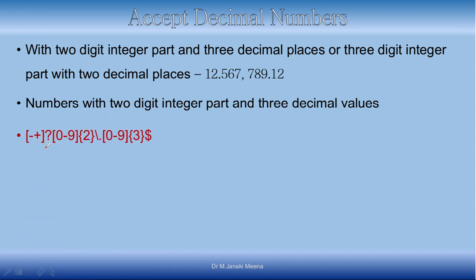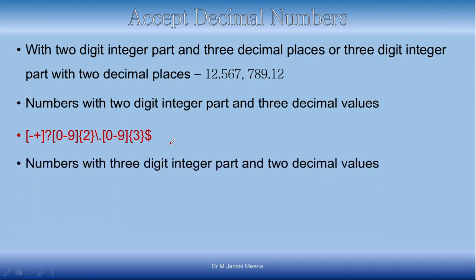Sign is also part of it. So either there can be a plus or minus, 0 or 1 time it will occur, and then digits from 0 to 9 2 times, okay? And there should be a dot, and we have already seen that dot is a wildcard operator which has got predefined meaning in regular expression. If you do not want to take the predefined meaning, then you have to put a backslash in front of it. So this backslash dot and then followed by 3 digits, okay? Next option is either this or that, okay?